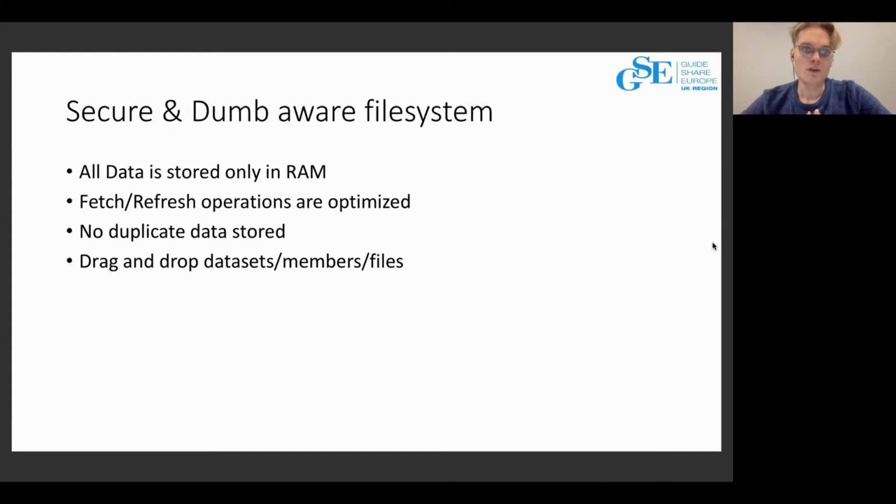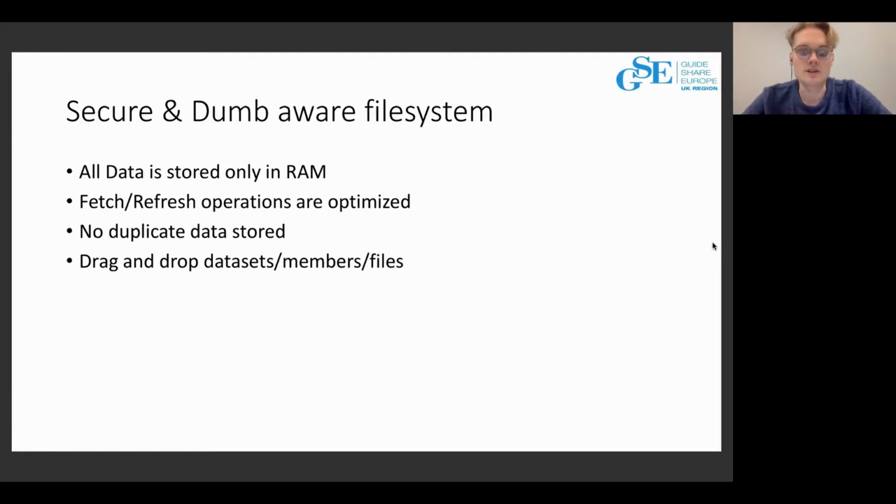That means our file system has a relational structure with IDs, with volume names, with mainframe connection names and usernames. And because we implemented it right into the IntelliJ framework, this allows us to implement drag and drop simply right into the project tree structure.